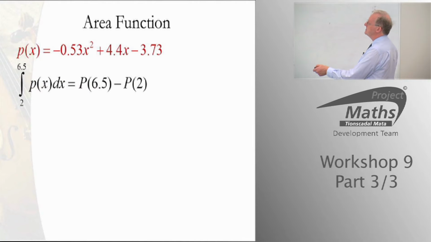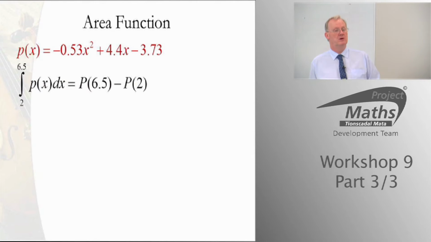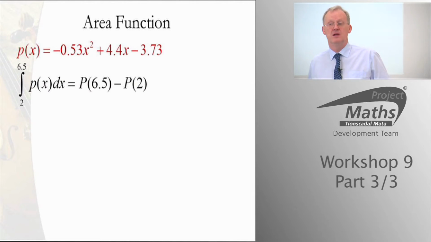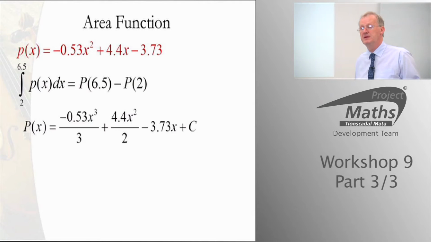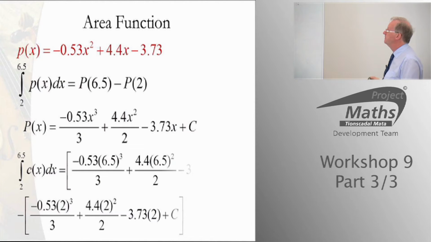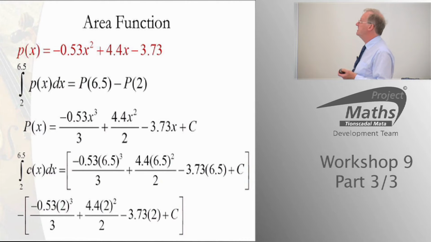It's the antiderivative evaluated at 6.5 minus the antiderivative evaluated at 2. Now we always taught them that, but why was it so? Now we can actually understand why it's happening. So find the antiderivative, fill in the values,